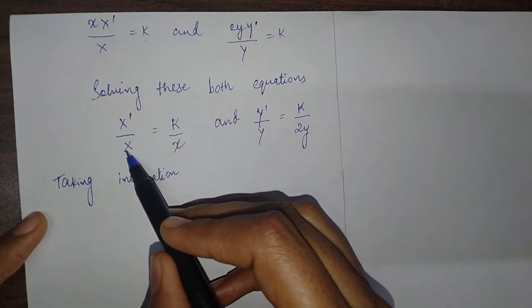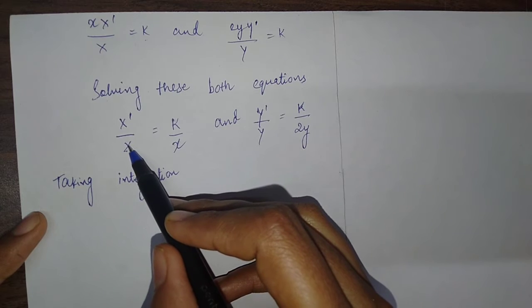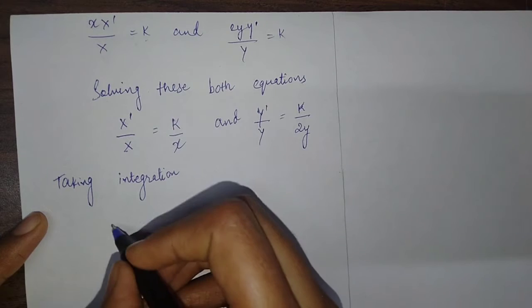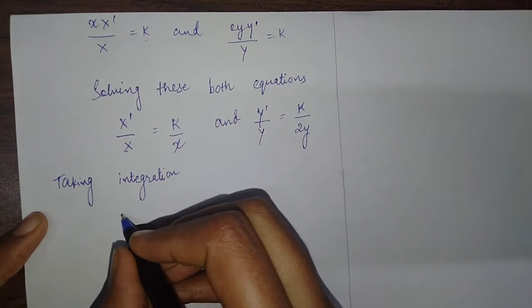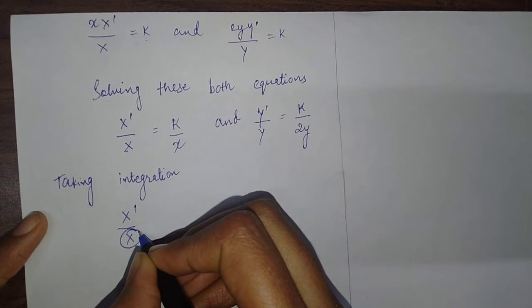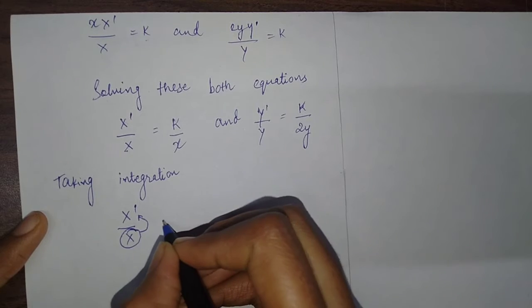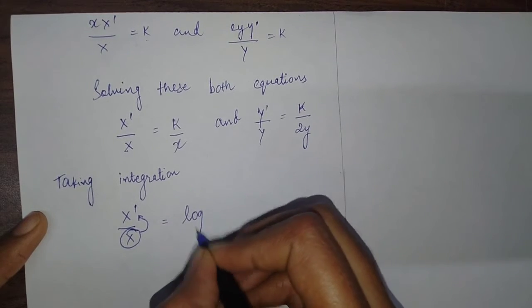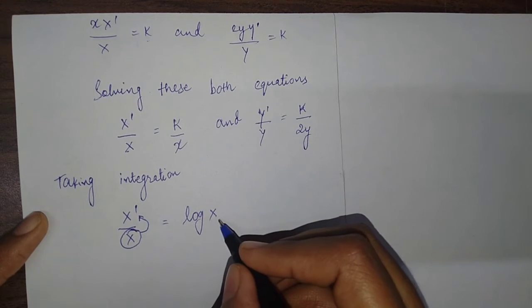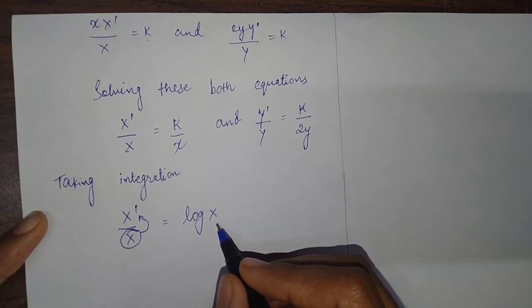જુઓ, x નું derivative અહીંયા છે ઉપર. Differentiation of x શું થાય? x dash. તો x નું differentiation જ્યારે ઉપર આપેલું હોય તો ત્યારે એને આપણે, there is one rule that if the differentiation of this denominator term lies in the numerator term, then directly it will be log of denominator term. Okay, it will be log of denominator term. What is the denominator term? X. So answer is log x.